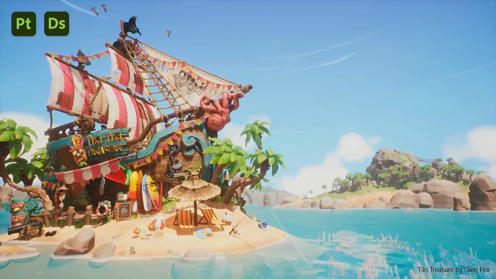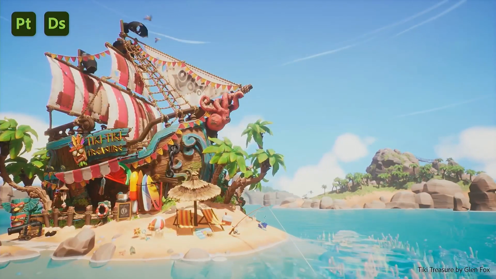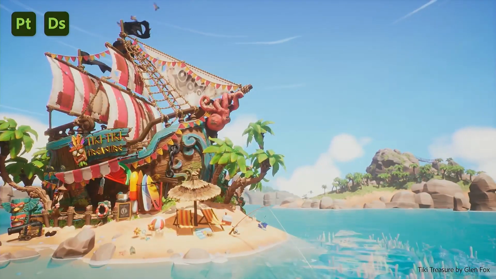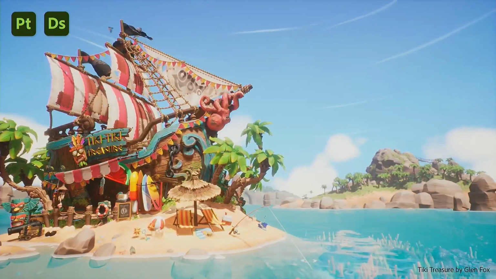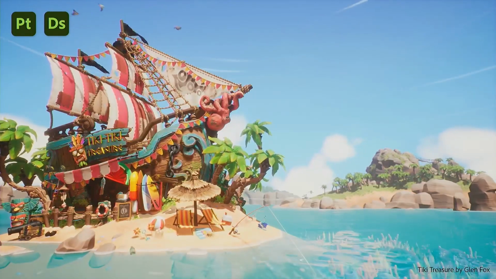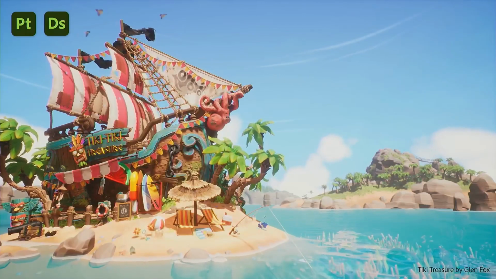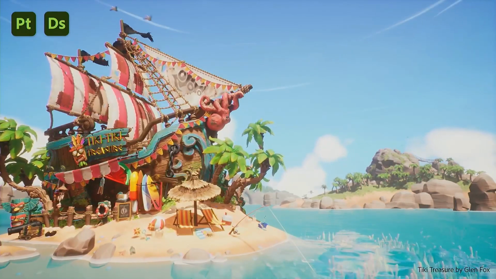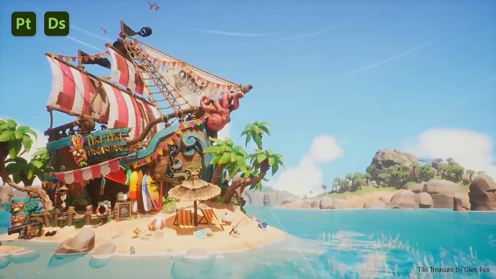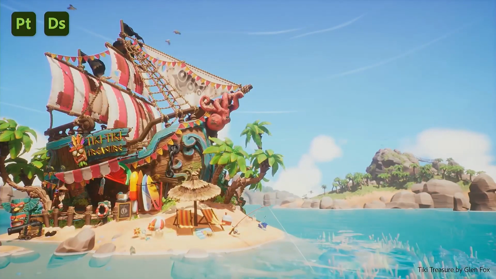This is great, actually, by Glenn Fox, also because it's a stylized environment. It's not only ultra realistic renderings that we like to showcase, and we're very happy when we see all tools being used in that type of goal as well. So this is a great example.